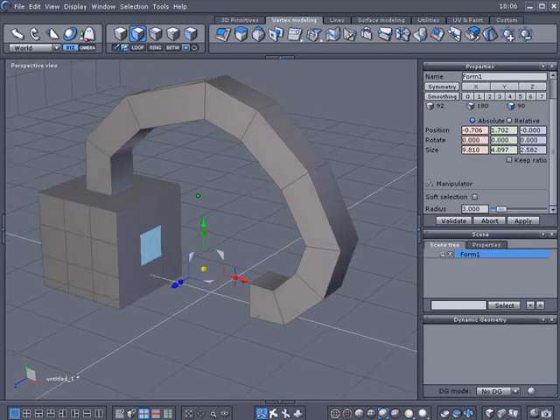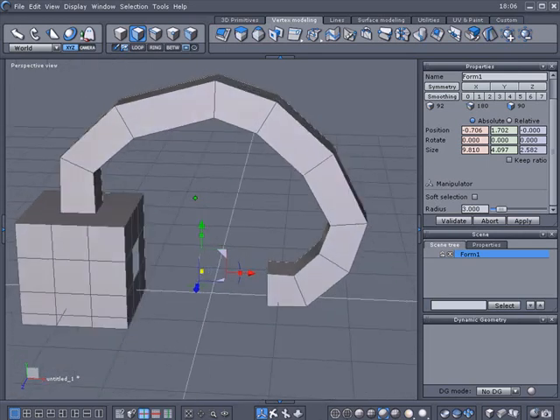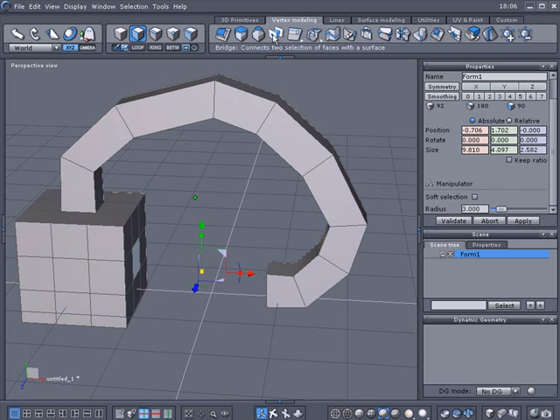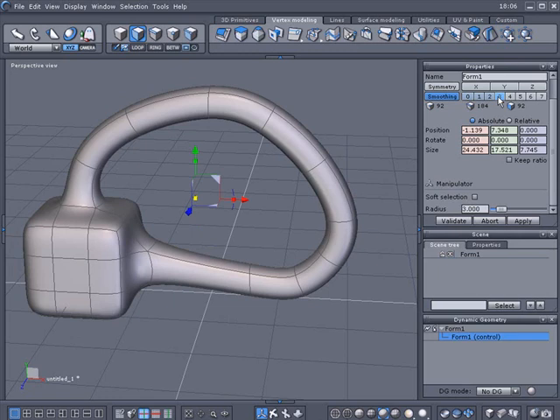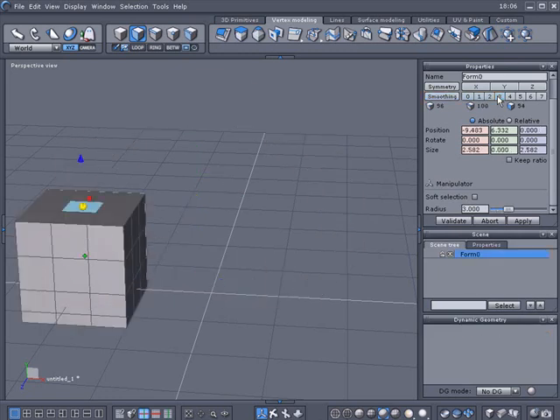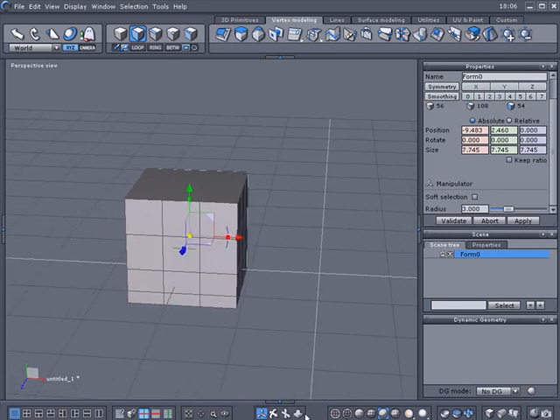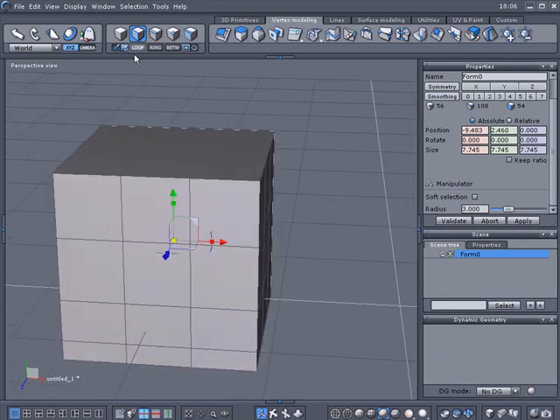As you can see, now both of them are highlighted. I'll select the bridge, and it bridges both the faces together. Take a look at it. As you can see there, I'll Control Z this a couple times, and we'll scale it up. I'm going to delete a couple faces here,